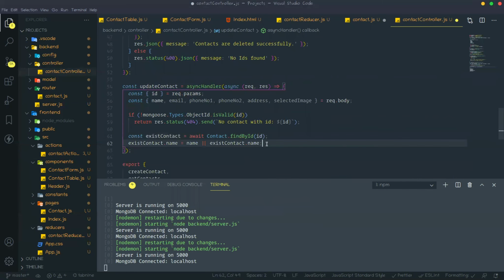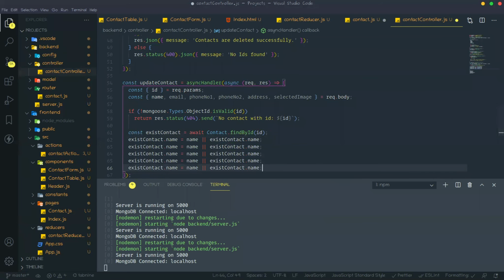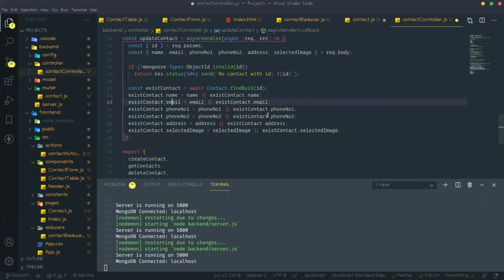Like that way I need to arrange for everything. Like if email is present, then email. If not, then that previous email. If that email is present in the body, then that email. If that email is not present in the body, then that previous email that is already there. So like that way we need to do it.